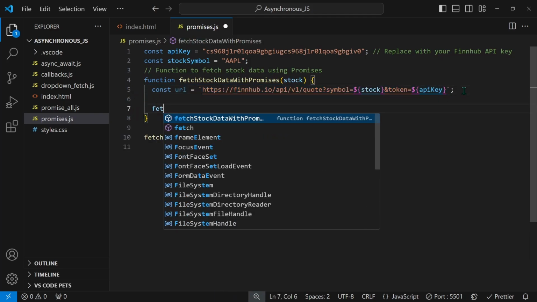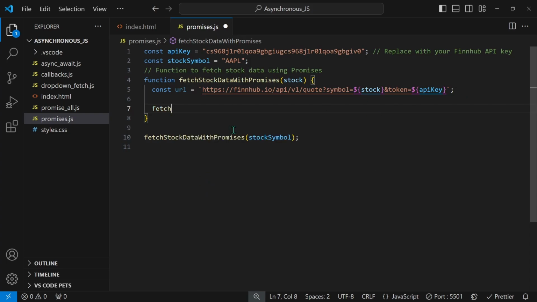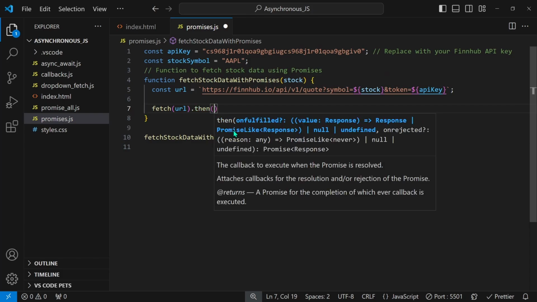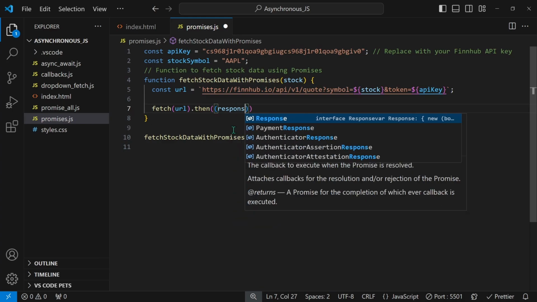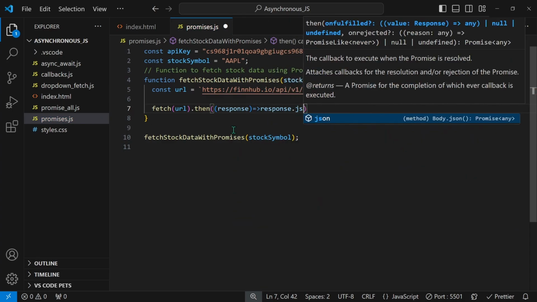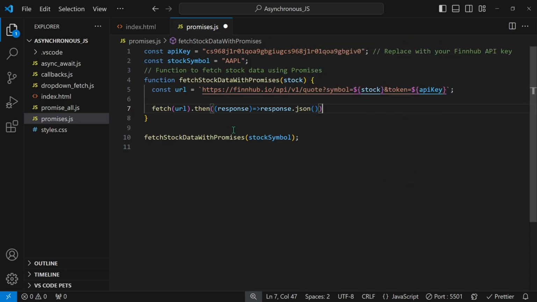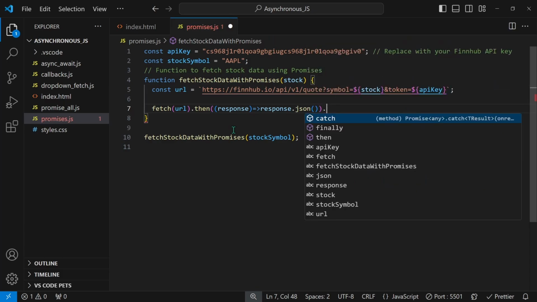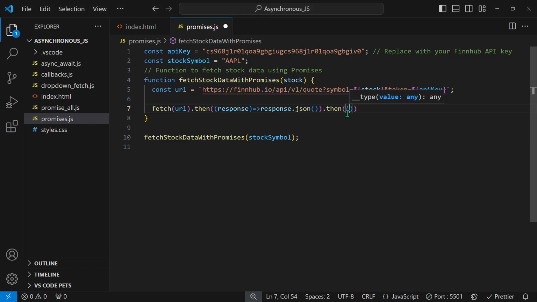What we do inside it is pretty much the same as we did with the callbacks. We fetch data from the URL, and then we handle the responses. If we successfully reach the server, then I'd like to get the response and convert it into JSON data, so response.json, which also returns a promise. So if we successfully converted this into JSON, then what we do here is pass in an arrow function,